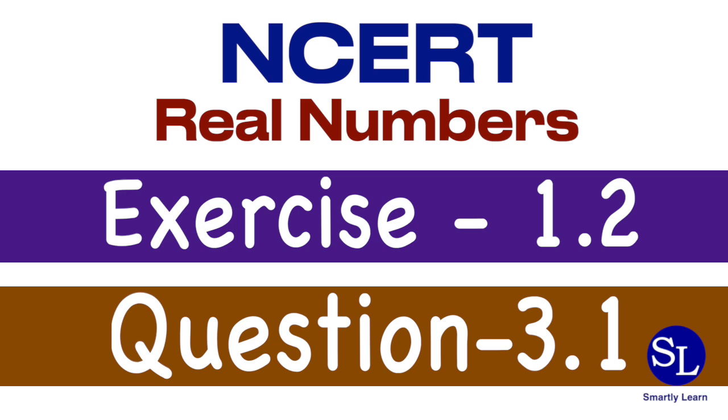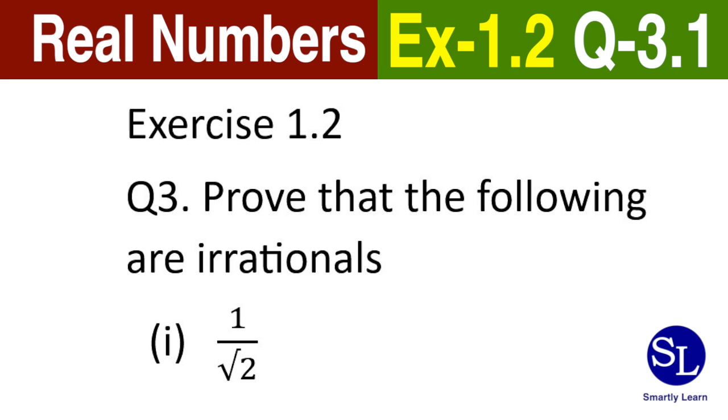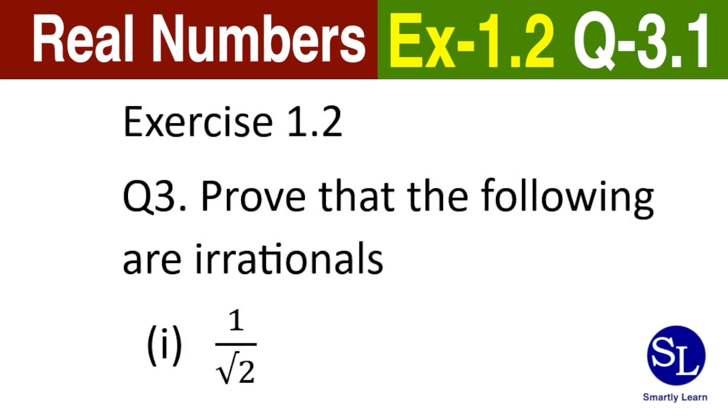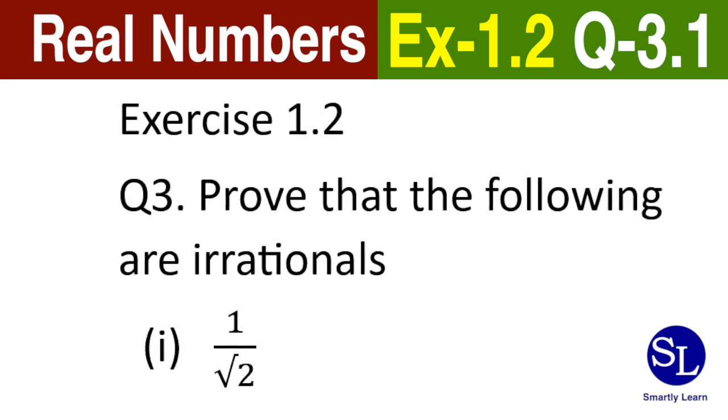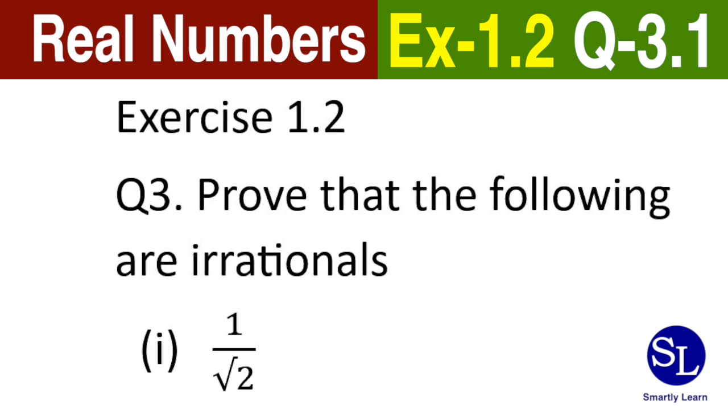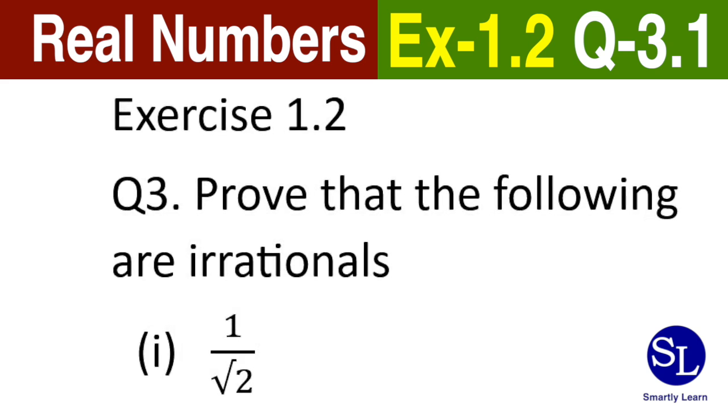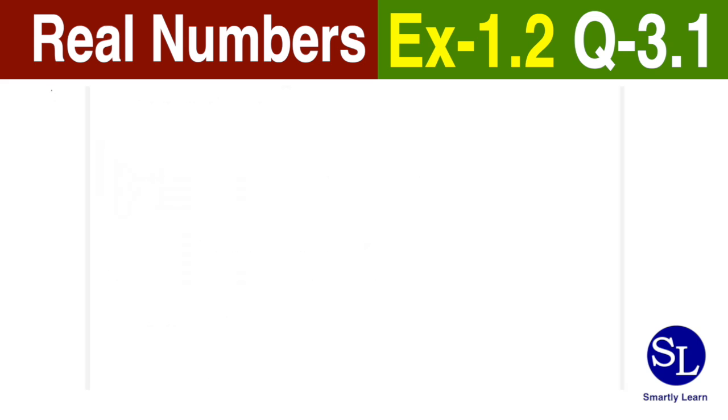In this video, we are going to solve the third sum in exercise 1.2. So it has three subdivisions. We'll start with the first sum. It says prove that the following are irrational, and the first one to prove is 1 by root 2. So first, in order to prove that 1 by root 2 is irrational, we will prove that root 2